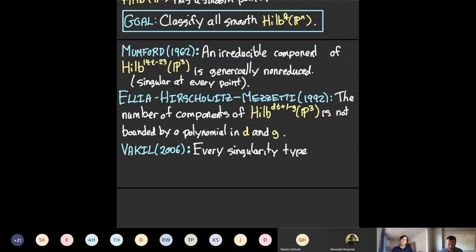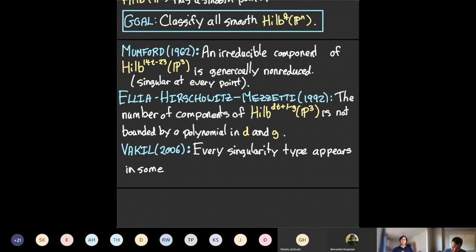By singularity in this context, I mean singularities that can be defined by polynomials with integer coefficients, and we put a very mild equivalence relation on them. Essentially, you can do products with intervals or make cones over them, cylinders over them. Every possible singularity type appears in some